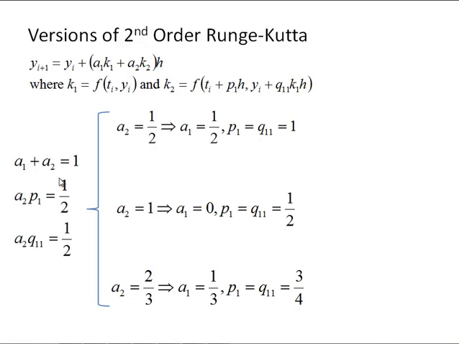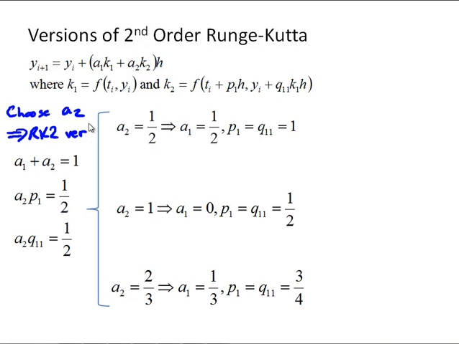We have a1 plus a2 is equal to 1. We have a2 times p1 is equal to 1/2. And a2 times q11 is equal to 1/2 for our second order Runge-Kutta. And it turns out what we need to do is just choose. Typically we'll choose a value of a2 because we have 3 equations for 4 unknowns. We need to choose something. And choosing a value of a2 gives us our version of